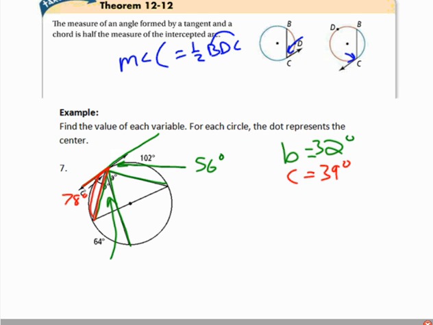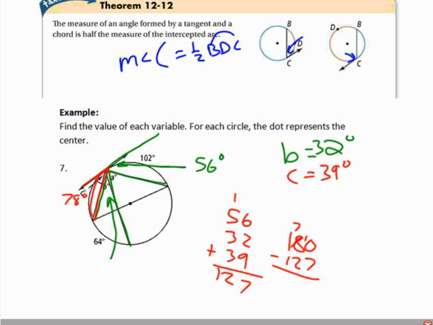All right. So C is 39, and that means that A would be whatever 180 minus all of that is. So let's just add these up. 56, because that's a line, it adds up to 180. 56 plus 32 plus 39, 5, 8, 11, 12. So 127. Hopefully I added that right. 180 minus 127, we get 53 degrees. So for A, we have 53. And that's the example we're going to go through for this